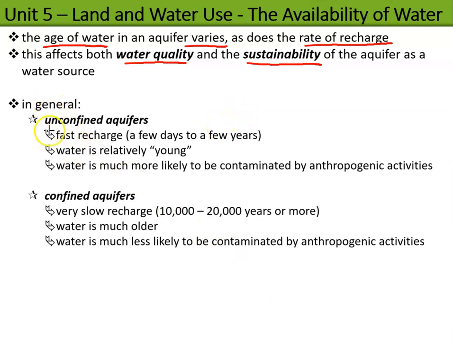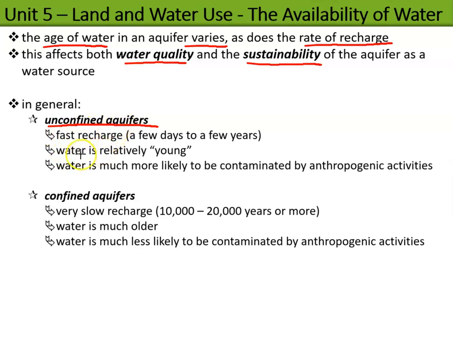So in general, if we're looking at unconfined aquifers, remember these are aquifers that are permeable right from the surface down into the aquifer. There's no impermeable layer of rock. And so these types of aquifers, while they're much easier to access, are much shallower, not as deep down